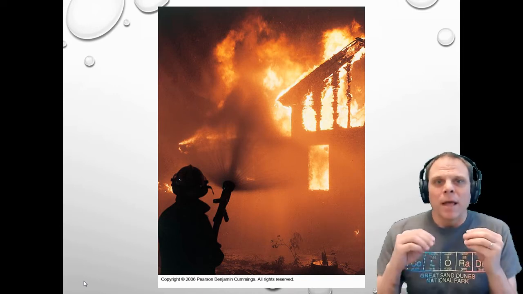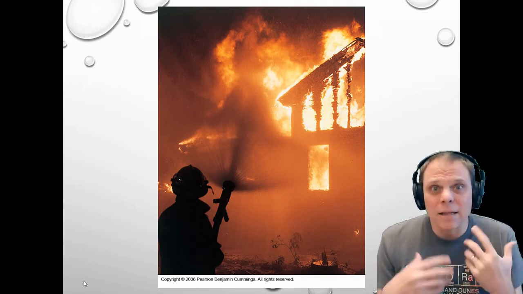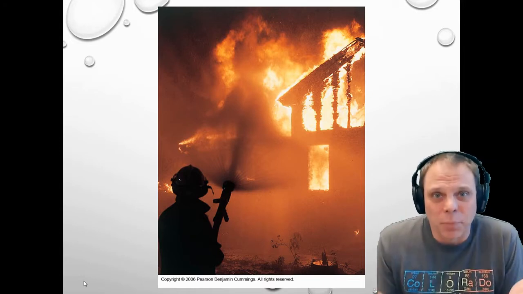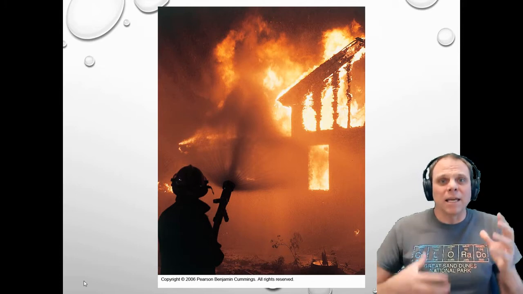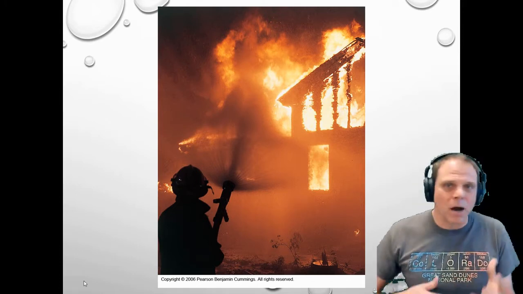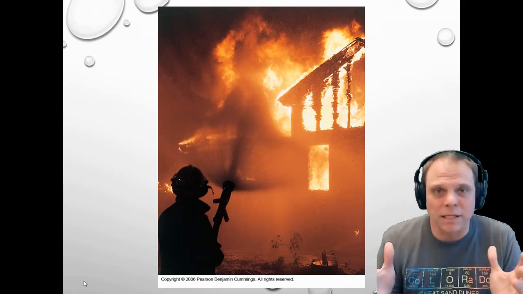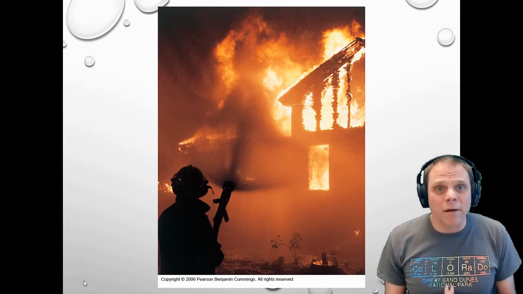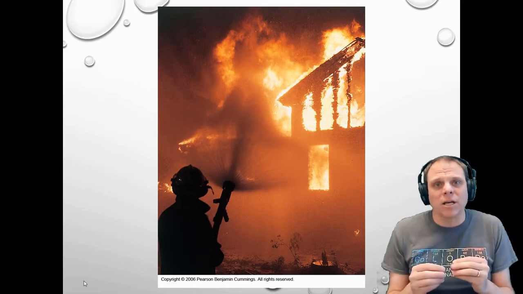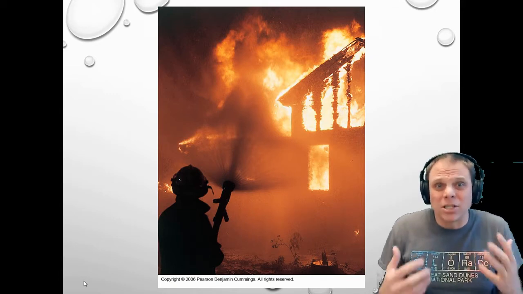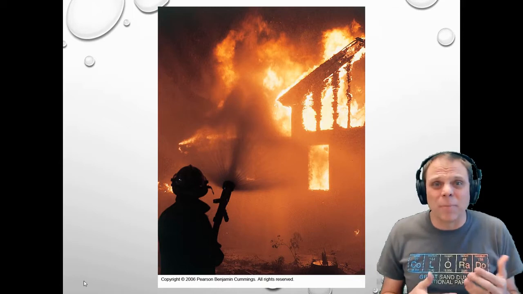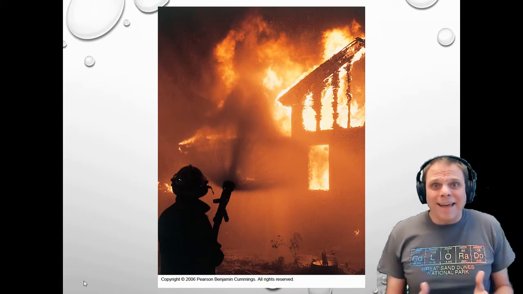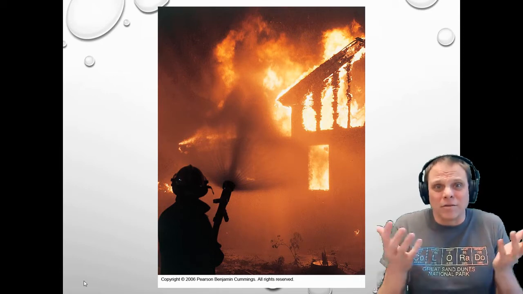And guess what? A fire needs a lot of energy to continue its cycle of destructing, right? To continue its cycle of burning, it's got to have a lot of energy to keep that carbon bond breaking up and burning things. So if you can put water on it, then you are basically cooling down the fire. You're slowing down the reaction so that eventually the reaction stops, because it just can't sustain itself, because all of its energy is going into boiling off the water